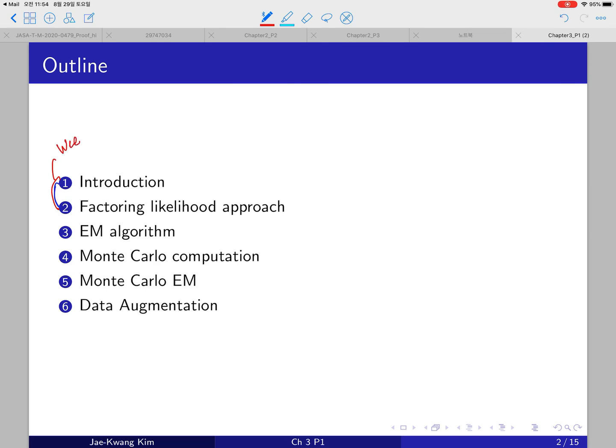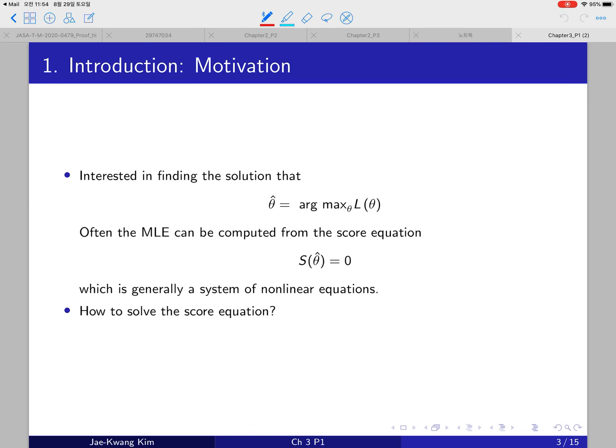So that is week 3, and we plan to cover it in week 4, and then another week for the last two sections. So the problem is to find the maximizer of the likelihood function,